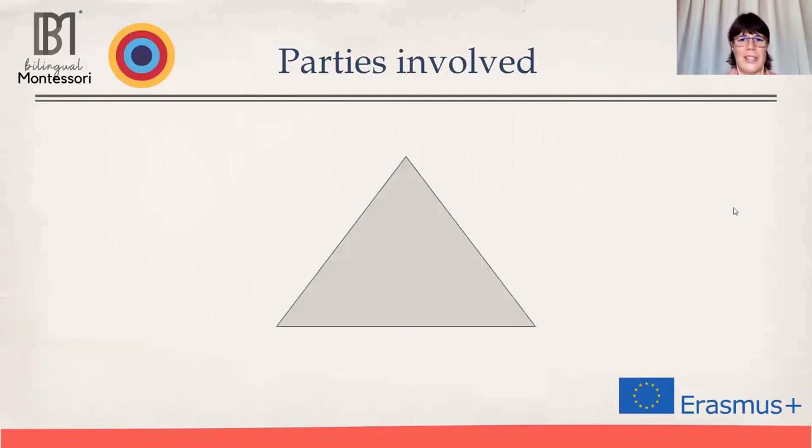Very frequently used shape of a triangle, where there are three main parties involved: the parents, the pupils, the teachers and the school itself. The reason why I set up the triangle this way is that the teachers usually have more direct contact with the pupils as well as with the parents, but the school also plays an important role. And I would like to mention, why did I start with the first constituent group as the parents?